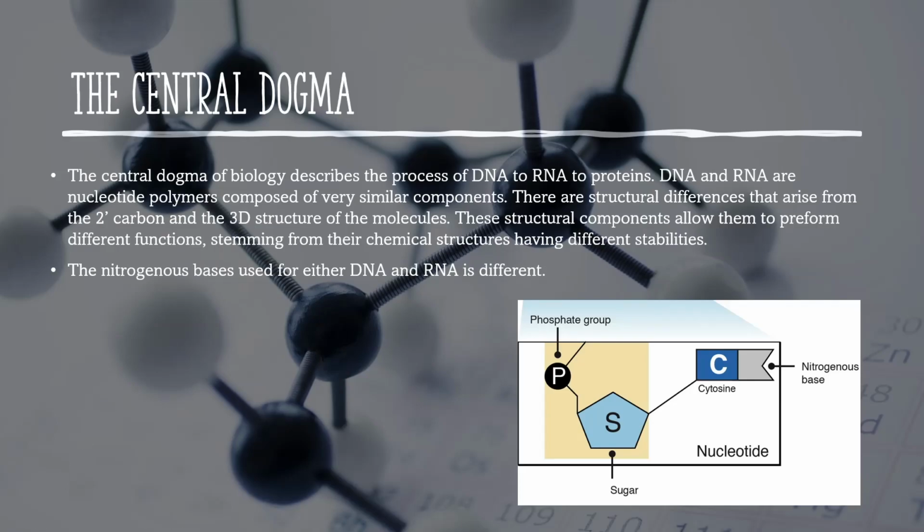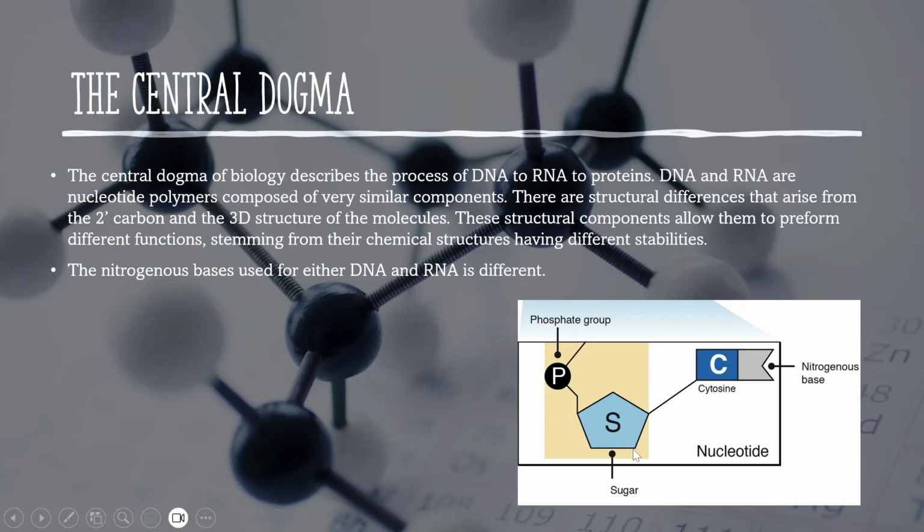Okay, so we're going to jump to the central dogma. Central dogma of biology describes the flow of information. So that's just DNA to RNA to proteins. So DNA and RNA are going to be the nucleotide polymers. They're pretty similar components. They all have this phosphate group, this pentose sugar, and then this nitrogenous base. The only real difference is different nitrogenous bases, and